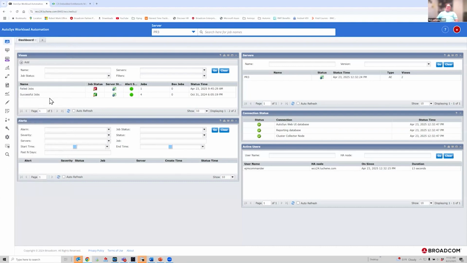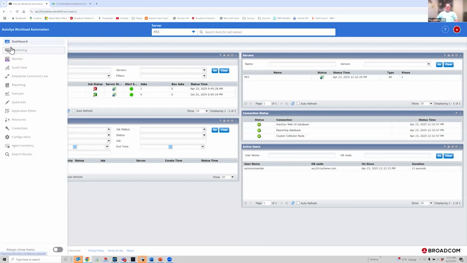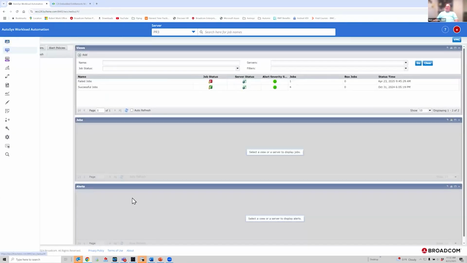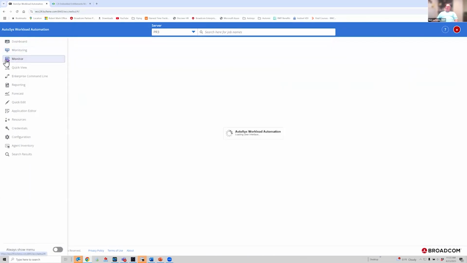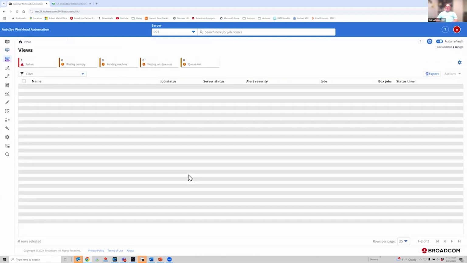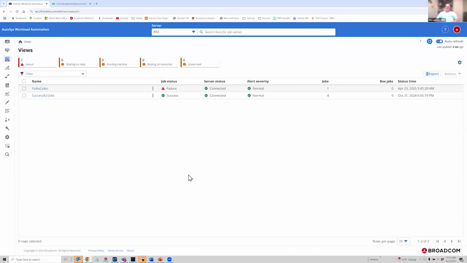It still has the old monitoring tab that it used to have. So the monitoring tab with your views is all the same. However, there is a new monitoring tab, and that monitoring tab is a different display of your views. So these are the two views that I have in my environment. And if we click on successful jobs as an example,